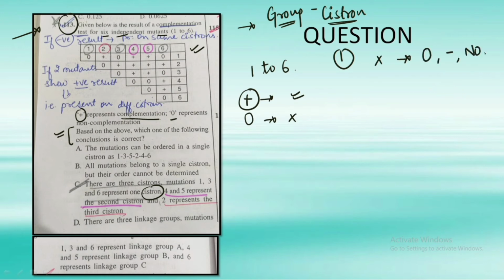it might be written no. And if the two of the mutants are present in the different groups, then in that case we would have the complementation being present. Then in that case that would be represented by either plus, or it would be written yes, or any other symbol as depicted in the question. So in this question we are given that if it is present, it represents a positive group, and if it is absent, it represents a 0. So this is what is given.